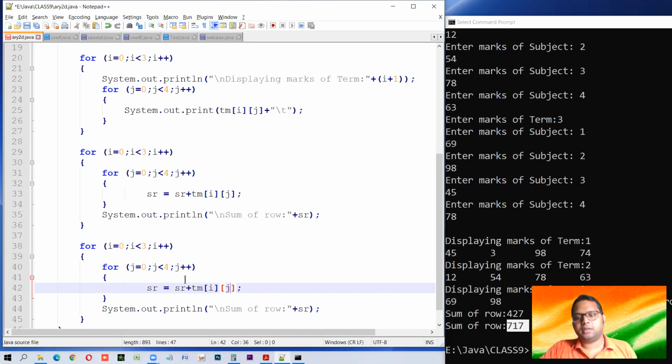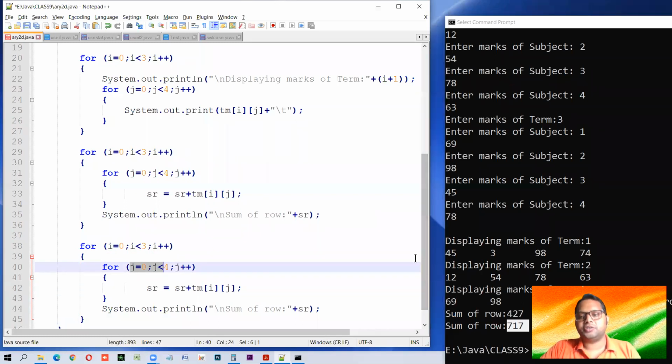हम पहले यहाँ पे आई स्टेशनरी रह रहा है. आई किसे रिजेंबल कर रहा है? आई स्टेशनरी रह रहा है मीन्स व्हाट? जे इज द इनर लूप. जे बार बार बदल रहा है, बट आई स्टेशनरी है. तो हमारा रो यानी कि ये पहला आई रो. अब हम चाहते हैं कि जे स्टिल रहे. कॉलम 1 फिर कॉलम 2 फिर कॉलम 2, उसमें ये चलेगा. तो अब हम इसे थोड़ा सा उलट देंगे. ठीक है.